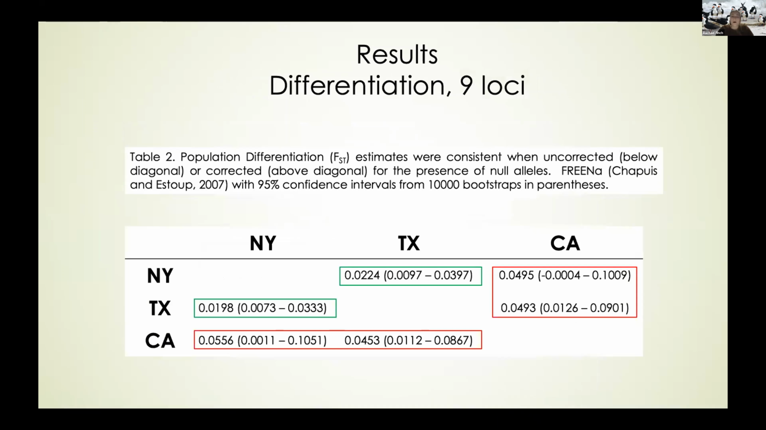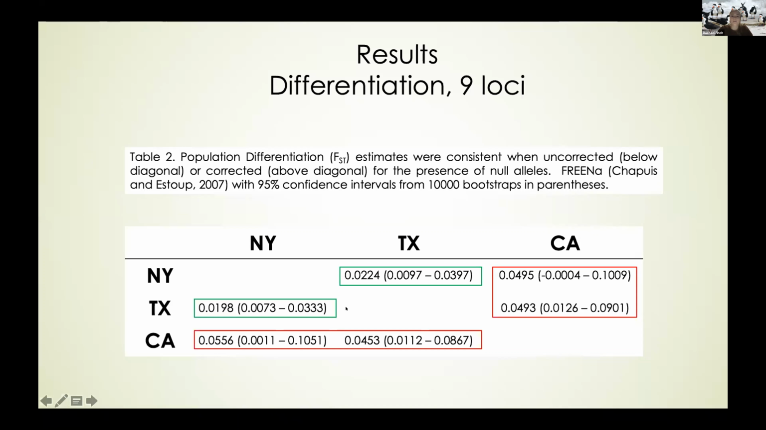We then look to population differentiation, and we did this using FST values. And just a brief overview to familiarize you all, FST values are a pairwise comparison, and therefore the values are relative to the populations, and they range from 0 to 1, and the closer to 0, it means the more similar the populations are. So as we look at the boxes outlined in green, we see that New York and